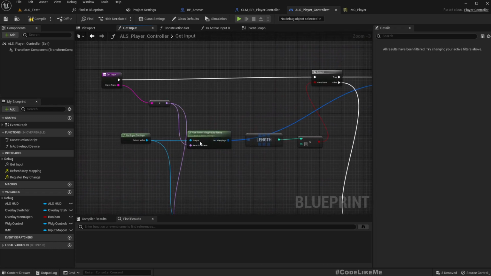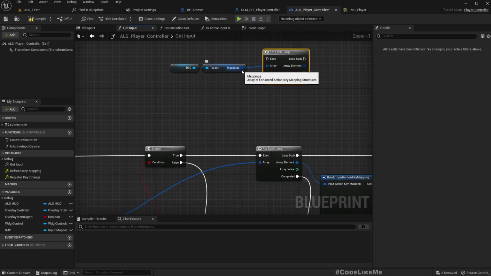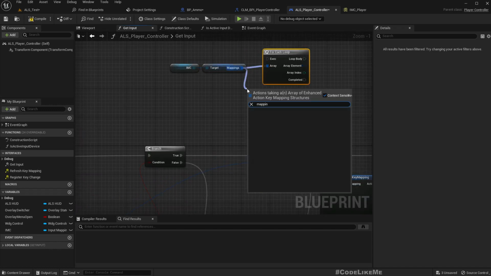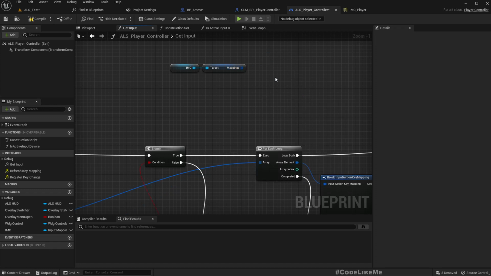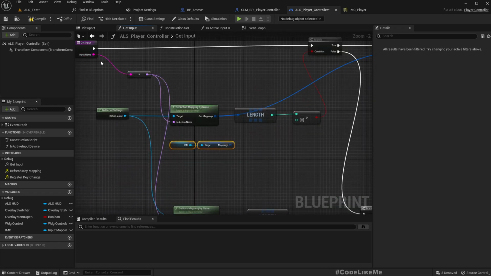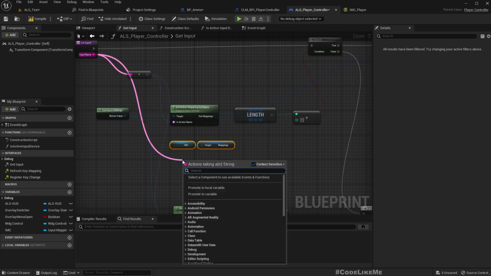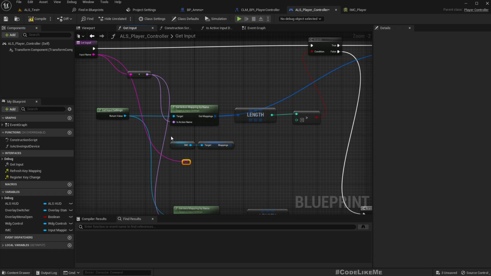Oh wait, what we are doing is get action mapping by name. No, we don't have such an option, so we will have to create a function using these parts. So let me add the reroute node here,